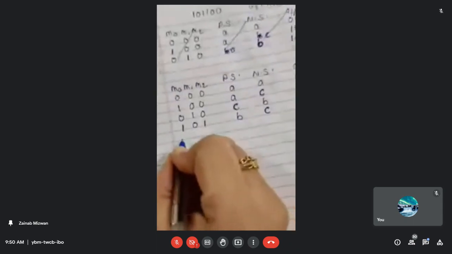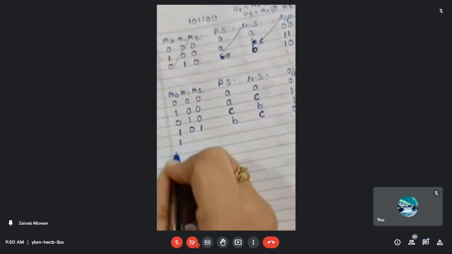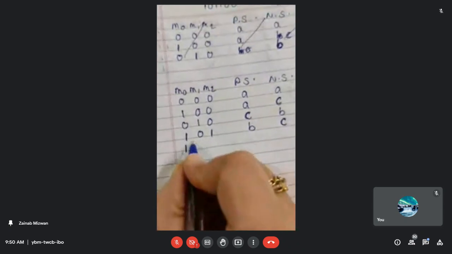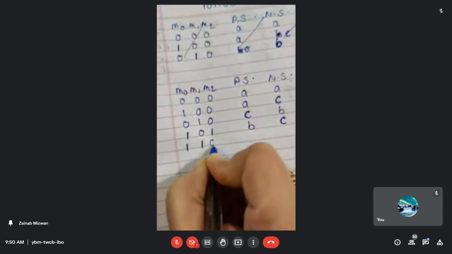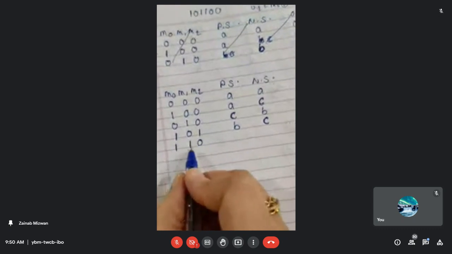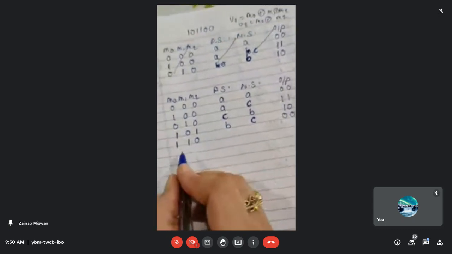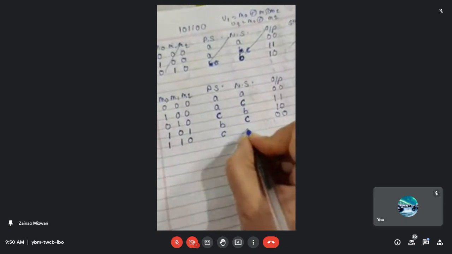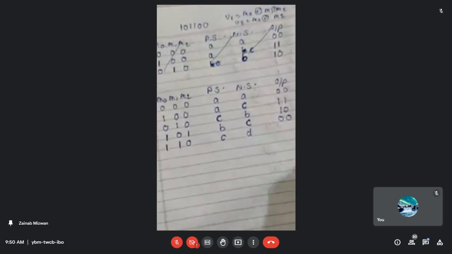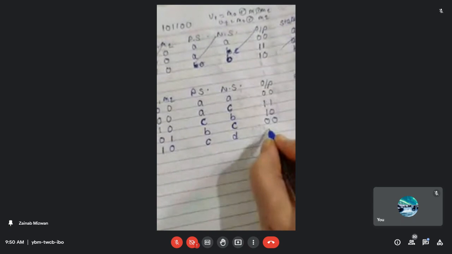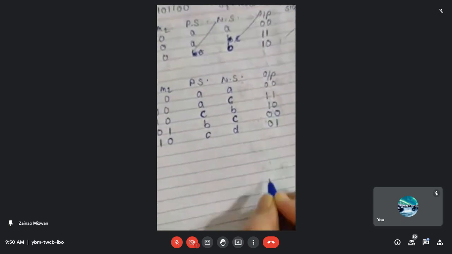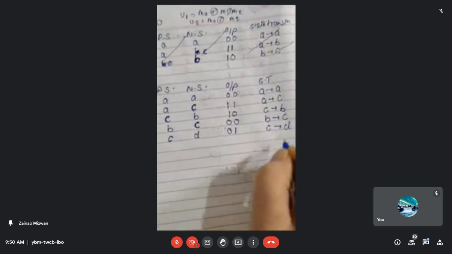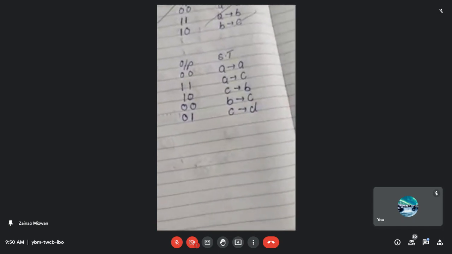Okay, then next input again is 1 over here. So when the next input is 1, this one will be shifted over here, and here we will be having the 0. So 1 0, again 1 0 is nothing but C, and the next state is your D. Okay, and what about the output? Output will be 0, 1 over here. Now the state transition is from C to D. Okay, the state has been changed from C to D.